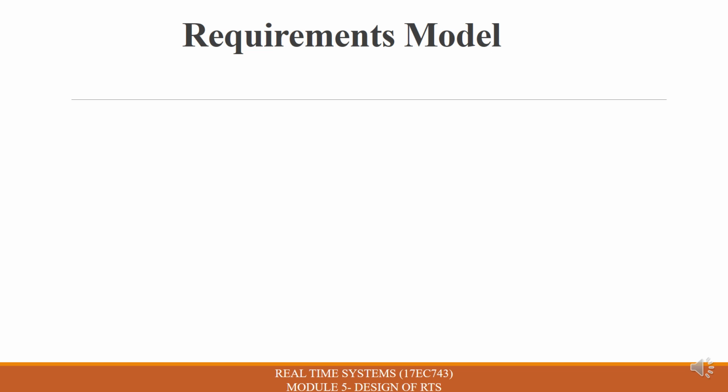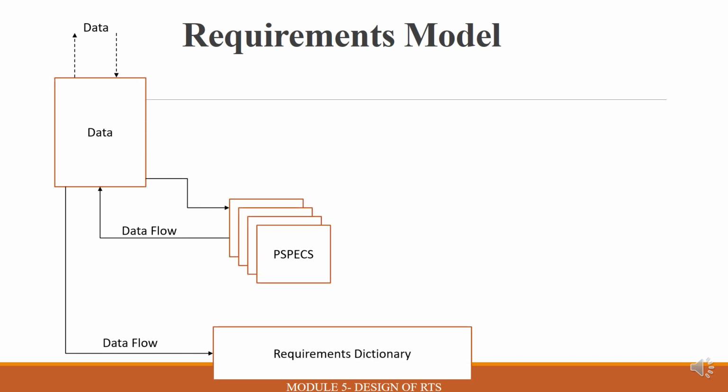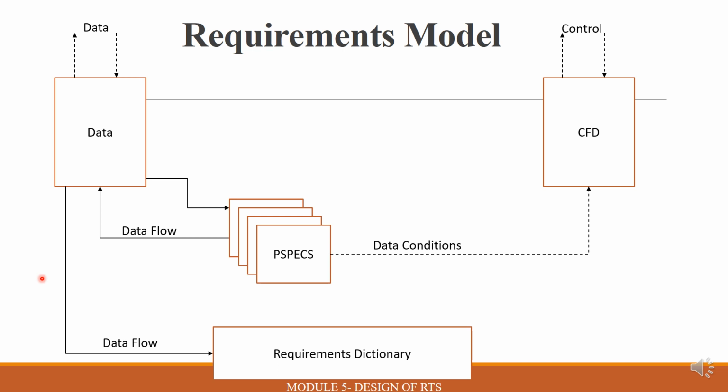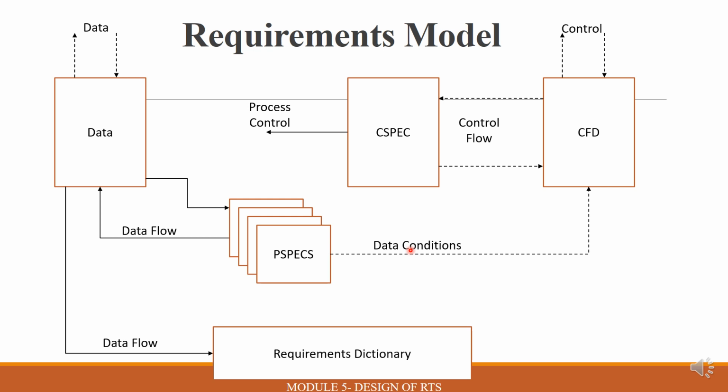The requirements model of the Hatley method is shown in this figure. We just have to note down some key points. The major difference between Hatley and Ward is that separate diagrams are used for data and control. Only one CSPEC can appear at any given CFD level. We can see only one CSPEC is present in the requirements model at any given CFD level, and all the data flows and control flows are shown with single arrows.